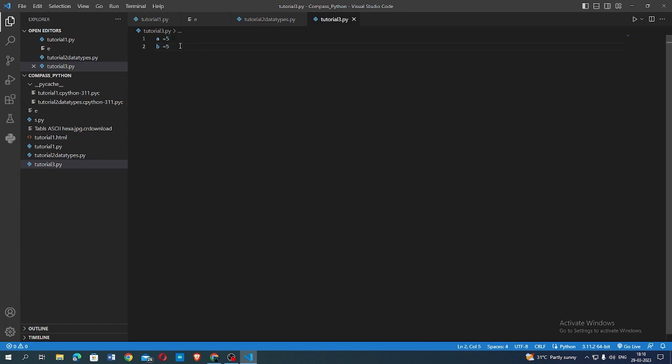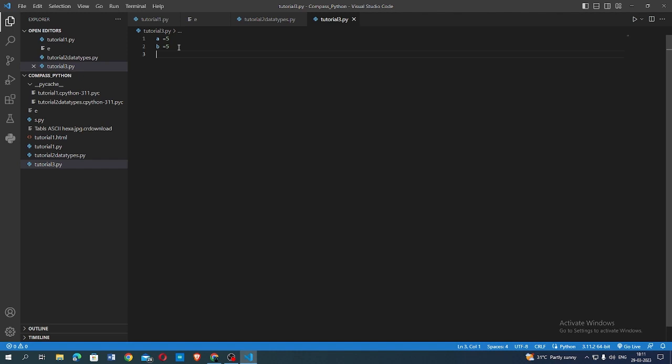What you have learned is that the value 5 is stored in memory and it can be called with both the names a and b. That means the value 5 is stored as a single memory, and the names a and b are tagged to it. If we call a or b, they just take the memory of this 5, not anything other than that. This results in the saving of memory. So there is an operator to check